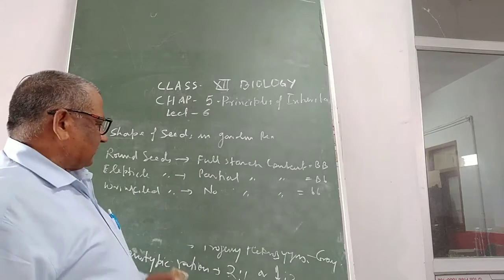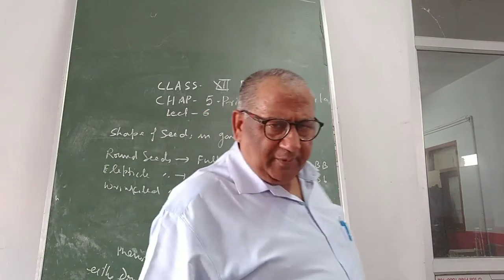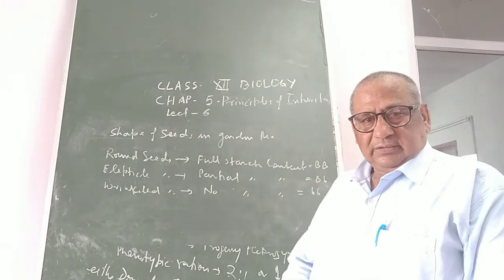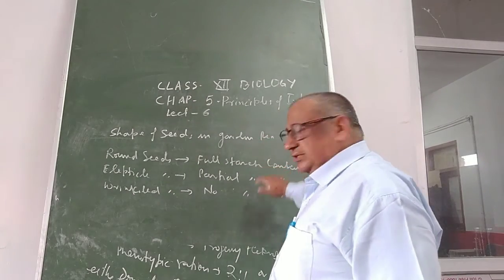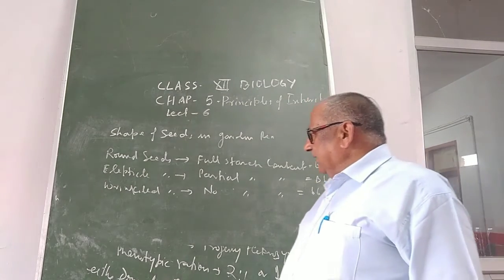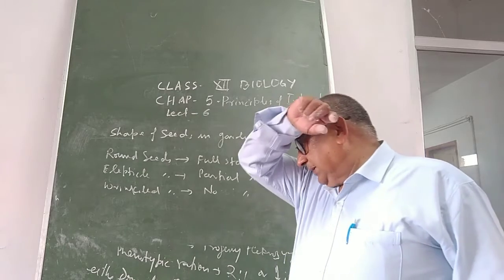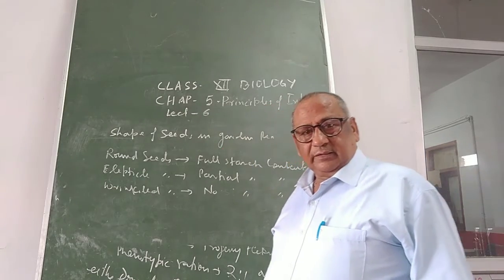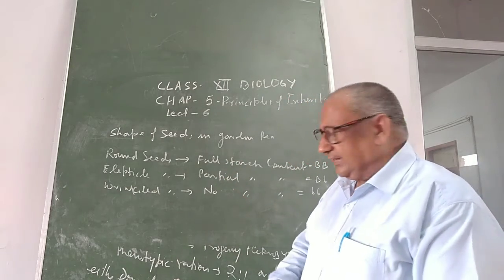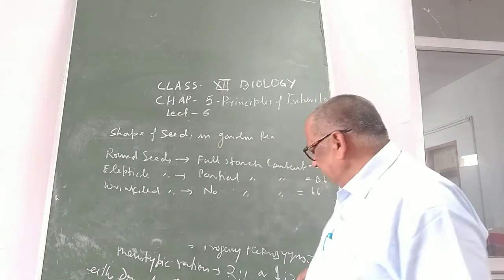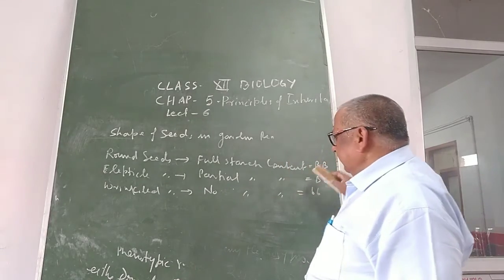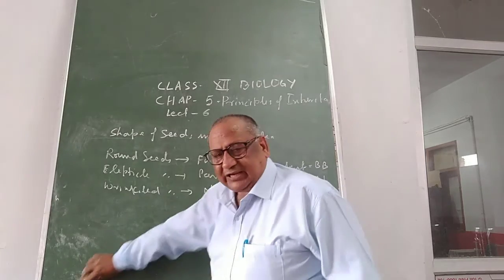Now it appears it is a type of incomplete dominance. That is not, because the synthesis of starch is a physiological effect, one of the characters, and the shape of seed is another type of character. The shape of seed, because of starch content, represents here the two characters which are controlled by a single gene. That gene is called capital B, and that's why this phenomenon is called pleiotropy.